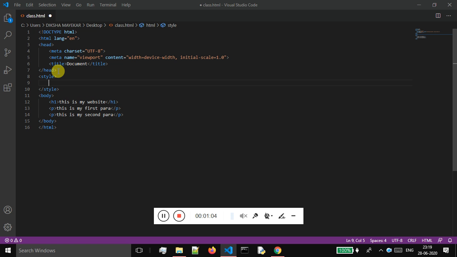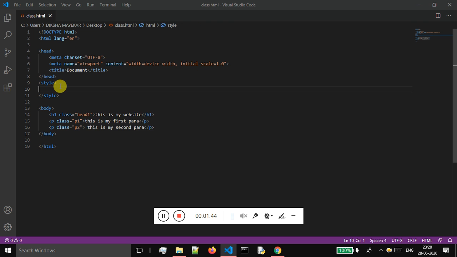and I will be making use of the concept of classes now. If I want to make use of the class over here, I will say class is an attribute, and I will give the name as head1, and I will create a class on this. I will call this p1, and I will also give the class as an attribute on the second paragraph, and I will call this p2, and I will save all these